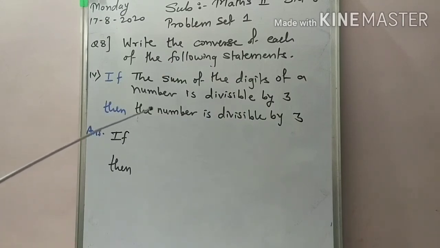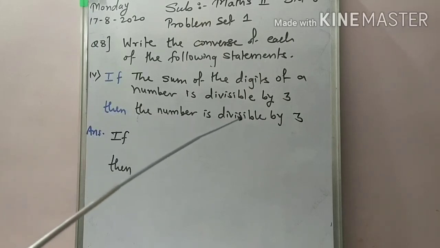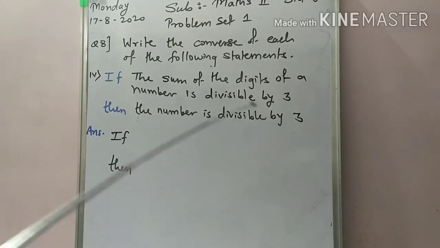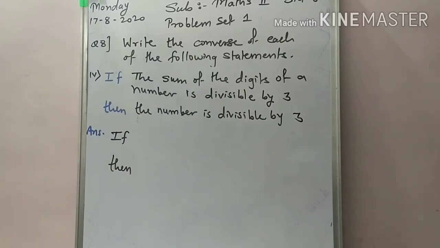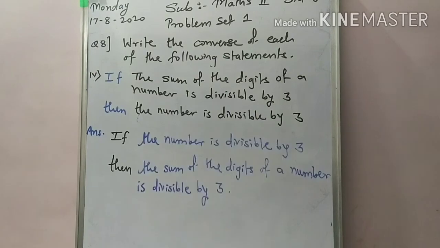The then part becomes: if the number is divisible by 3, then the sum of the digits of the number is divisible by 3. Just exchange the if and then parts, and you will get the converse of the given statement. Okay, like this. The remaining second and third of this 8th question I will keep as your homework